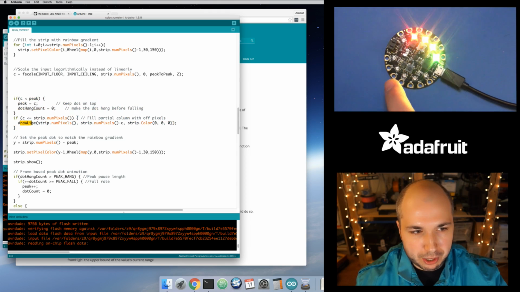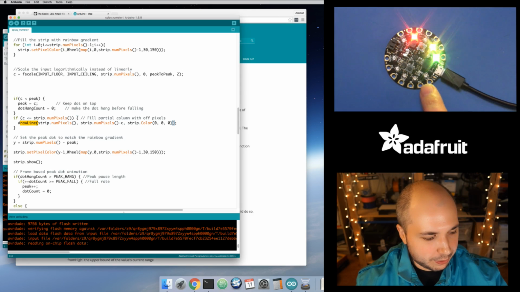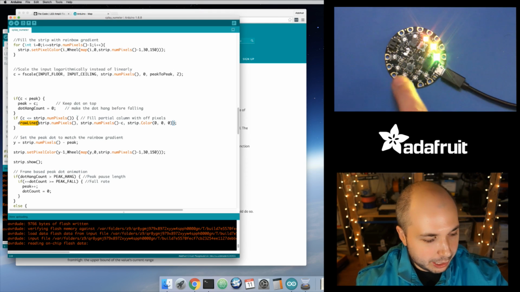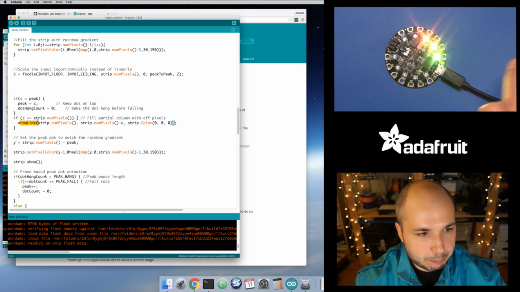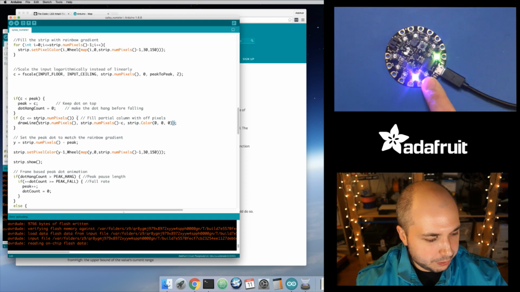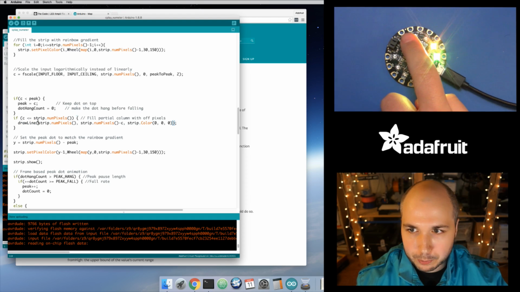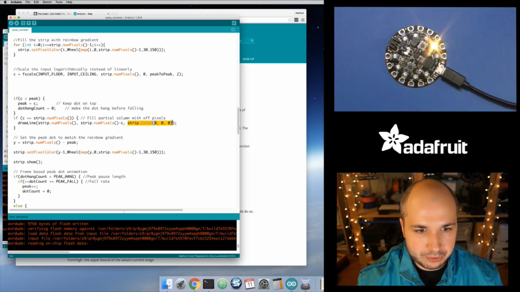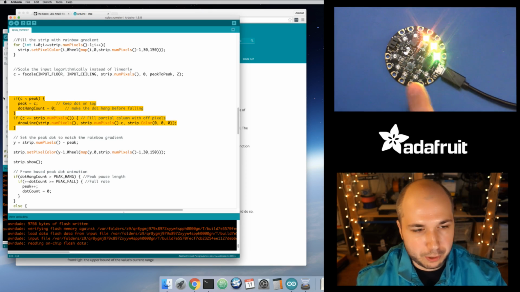And so it uses this little draw line function, which basically just says, okay, if I measure my volume level like at pixel number 4 right here, then the previous code actually lit up all of the pixels, but now this block of code says, okay, go from pixel 9 all the way down to pixel 4 right here and turn them all off. Set them to color 0. So you see right here, it sets them all to color 0. So that's all that this bit of code does, is just turn off the pixels that the volume level doesn't